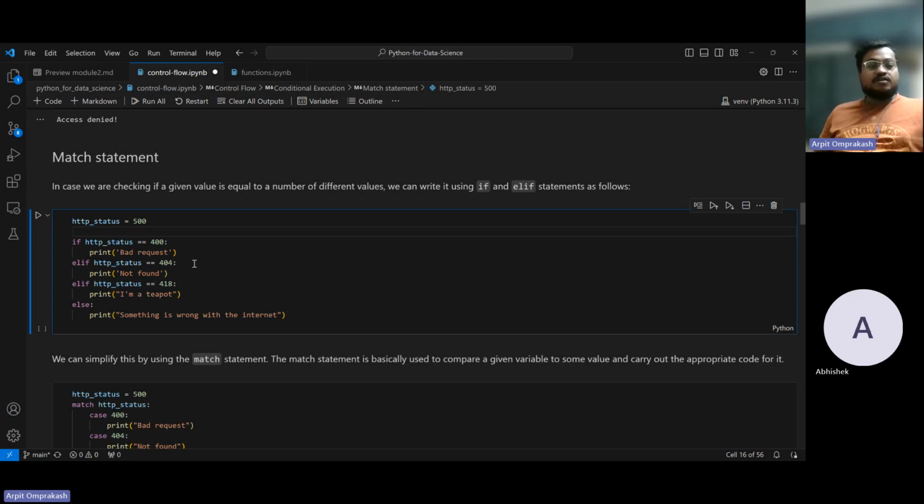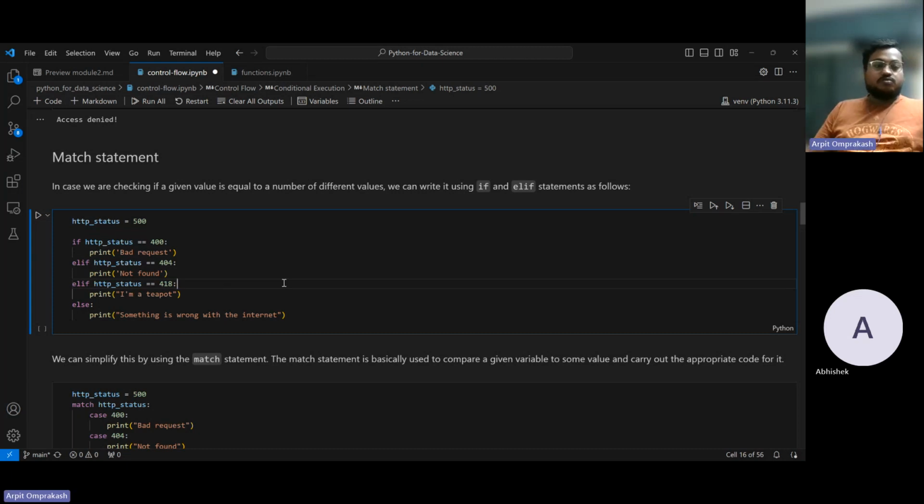Sometimes when you're writing code, you have to treat these different status codes differently and print out things differently. Here we are using a lot of if-elif statements to check if the code that we have matches a given thing,